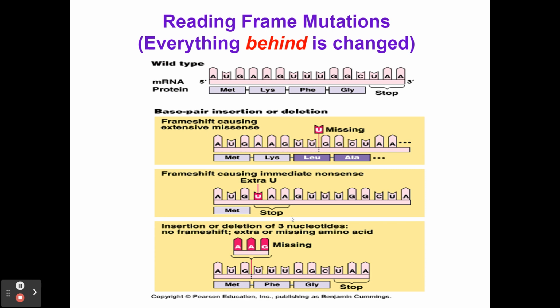Now, generally, if 3 or multiples of 3 nucleotides are removed, oftentimes that may not be as bad because it may just remove a couple of amino acids and it may not cause that much of a change in the overall shape of that protein. Of course, it could potentially cause enough of a change that that could cause problems or maybe even be a benefit to the organism. It all depends upon what happens to that particular protein and how the environment, i.e. natural selection,